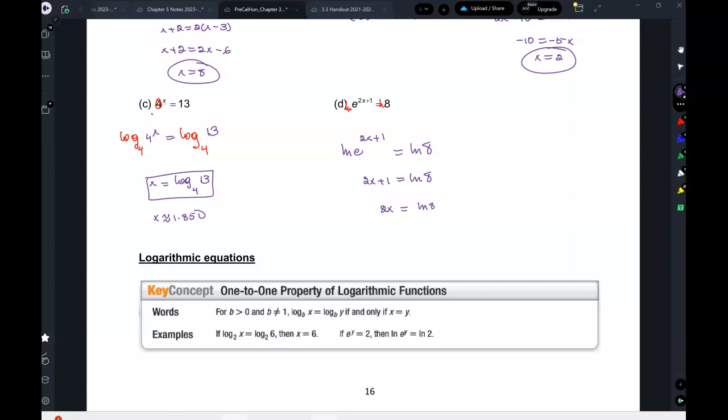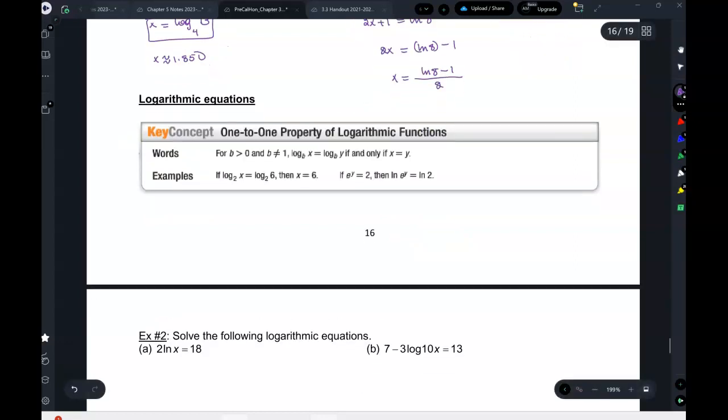2x is equal to ln of 8 minus 1. You can't make that ln of 7 because ln of 8 is one quantity. And then x is that whole thing over 2, right? So you can either put the ln of 8 in parentheses or you don't have to. They are both equally okay. So that's number 1. Number 2, now let's go into